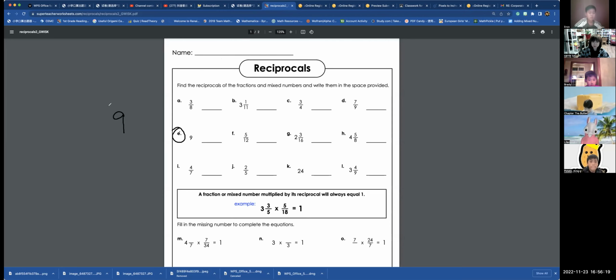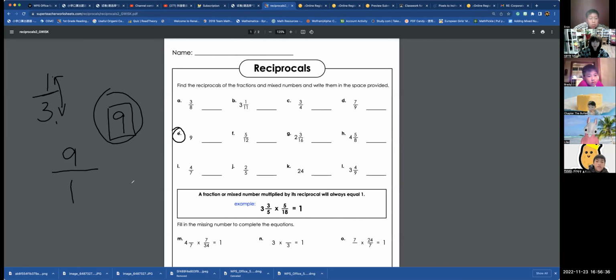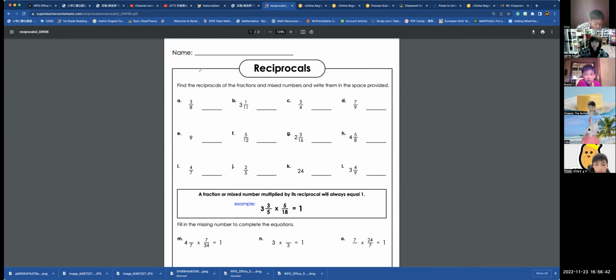So what is the reciprocal of 9? So Potato King said, teacher said reciprocal means swapping the denominator and numerator, right? But this one, it looks like there's no denominator and no numerator. Remember, 9 is 9 over 1. Very good. And you swap it, so that's 1 over 9. So my answer is 1 over 9. Okay, so I'm not going to ask you to type it